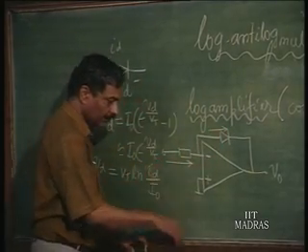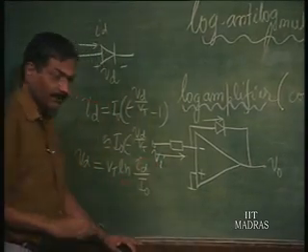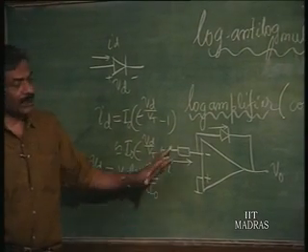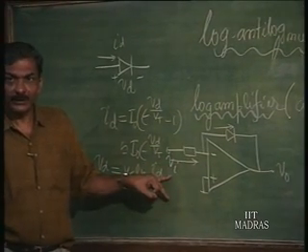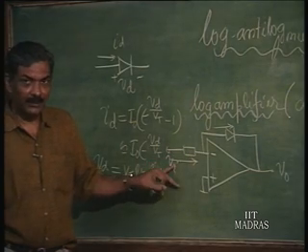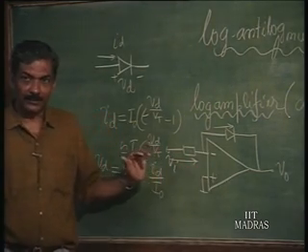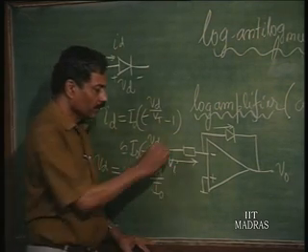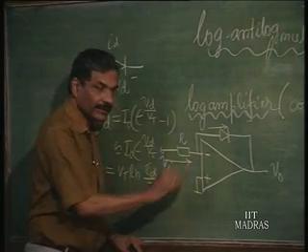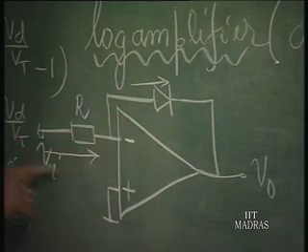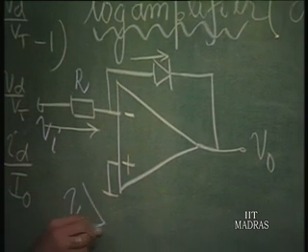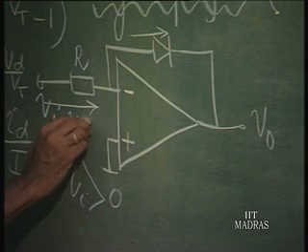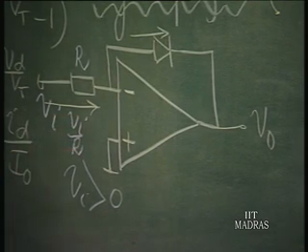So, what is the current here? If this is Vi and if Vi is greater than 0, then only the current direction is going to be this. So, this is a log amplifier only for positive voltages. Please remember that Vi is restricted in its polarity, it cannot be changed. Here it should always be positive. If I have a resistance R here, the current which will forward bias the diode will be in this direction if Vi is greater than 0. Then the current in this is Vi by R, which is going to forward bias the diode,